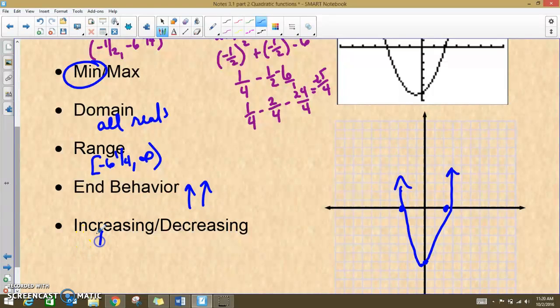Increasing and decreasing. Decreasing is going first, because as I'm coming from the left, it's going in a downward motion. So it's -infinity until the x coordinate of my vertex, that's where it turns. And then increasing is